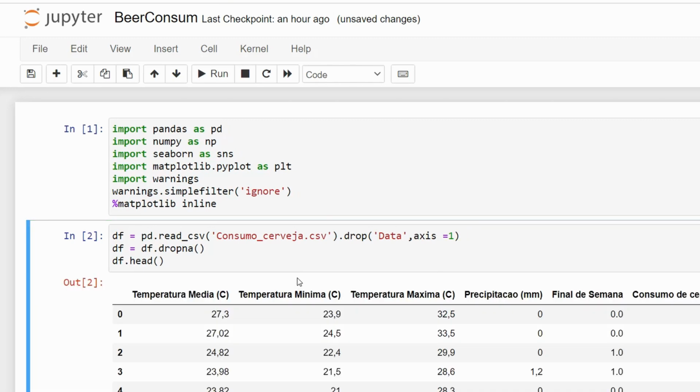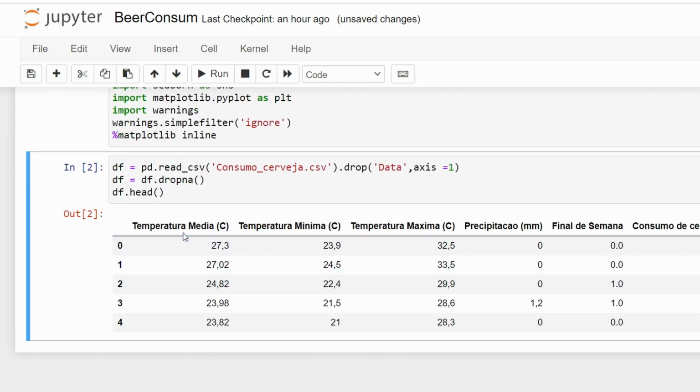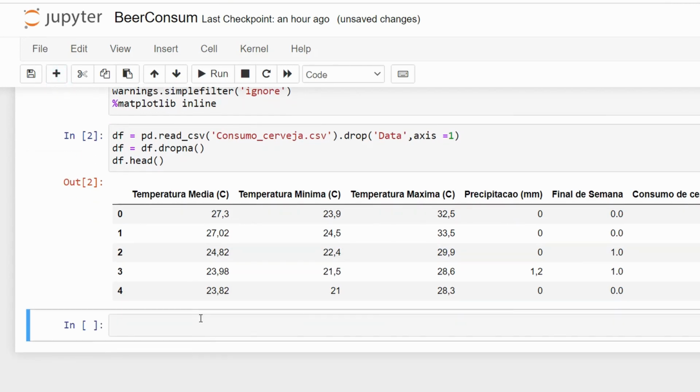Now we can see df.head. So temperatura media, temperatura minima, and temperatura maxima. What is this? Precipitacao, final de semana. I don't know which language this is. I really don't know.